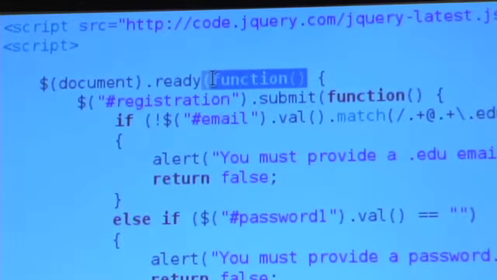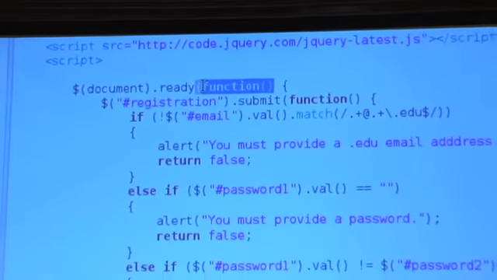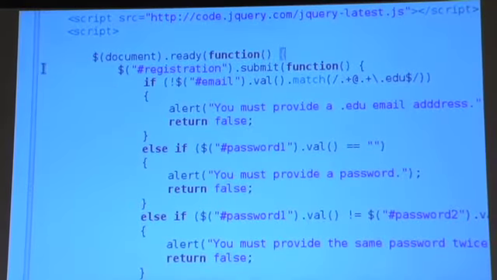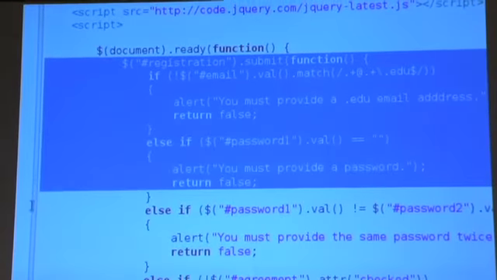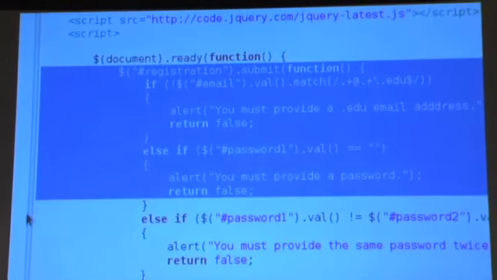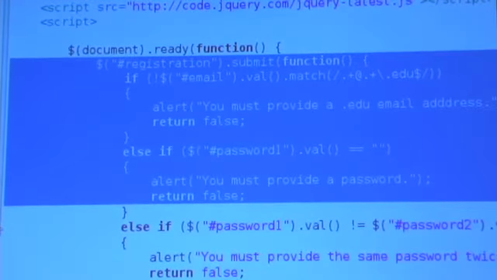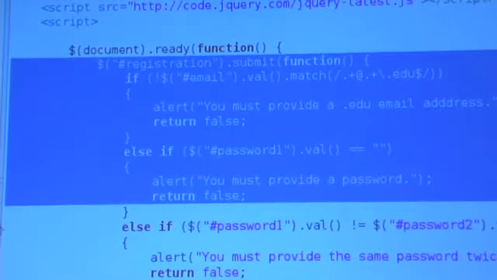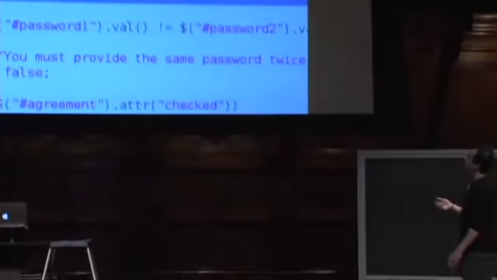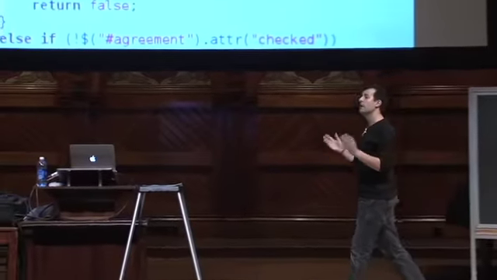And in fact, when I do function, open paren, close paren, curly brace, what I'm essentially doing in all of the lines that follow, per the indentation here that implies that they're all part of this function, is I'm declaring what's called a lambda function, or an anonymous function. And the latter name is a little more straightforward. It just means a function without a name. Because I don't care what this function's called at this point in the story. I just want a whole chunk of code to execute when the DOM is ready.